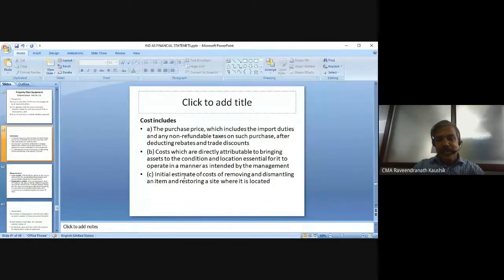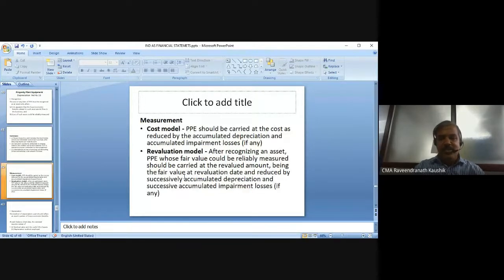So the cost includes everything till that asset is kept for functioning purpose, that is put to use. So cost model and revaluation model are the two measurement models suggested by Ind AS 16. So what is this cost model? Property, plant and equipment should be carried at the cost as reduced by the accumulated depreciation and accumulated impairment loss, if any. So that is how you need to recognize it in your books of account under cost